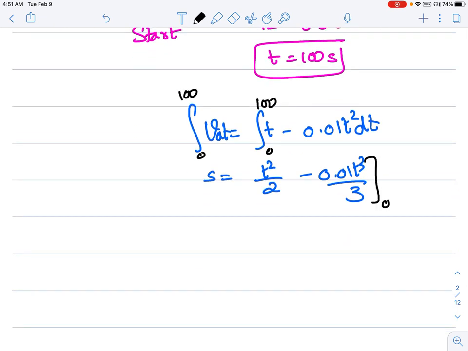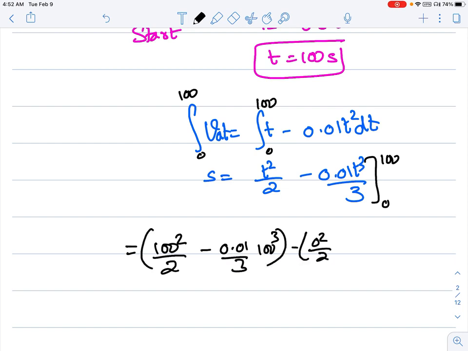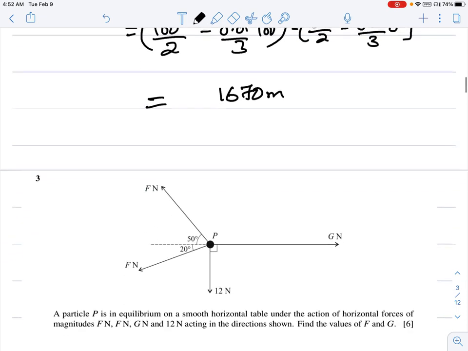So I apply the limits: 100 squared by 2 minus 0.01 upon 3 times 100 cubed, minus 0 squared by 2 minus 0.01 upon 3 times 0 cubed. When I solve it out, I'm directly writing the answer in 3 significant figures, which is 1670